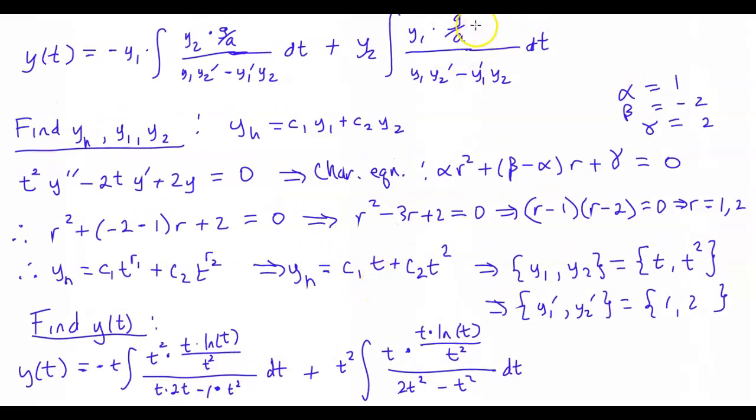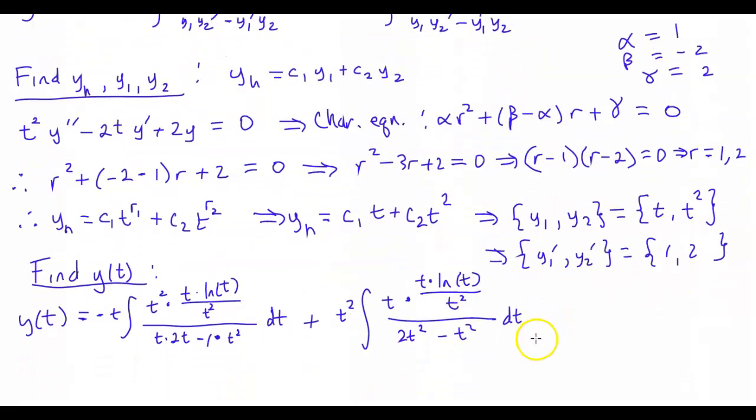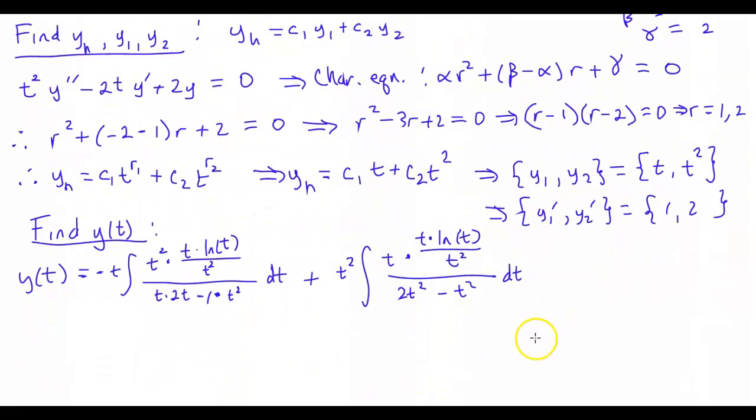Yeah, I'll leave that and then just simplify everything in the next step. All right, so now that we have everything together here, we'll go ahead and work this out. Got minus t. Of course, down here, this is going to be a 2t squared minus t squared, which is just going to be t squared. And I got t squared here times t